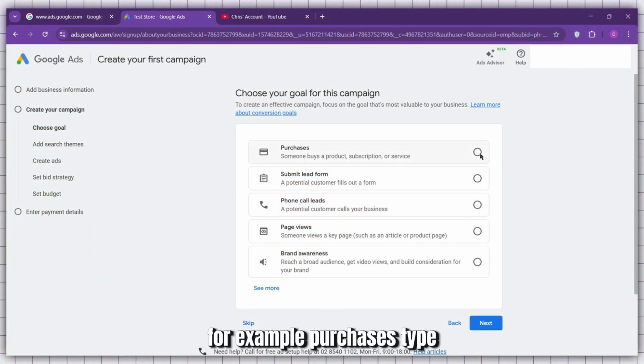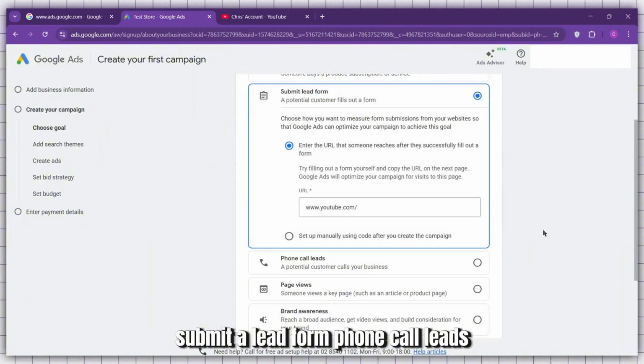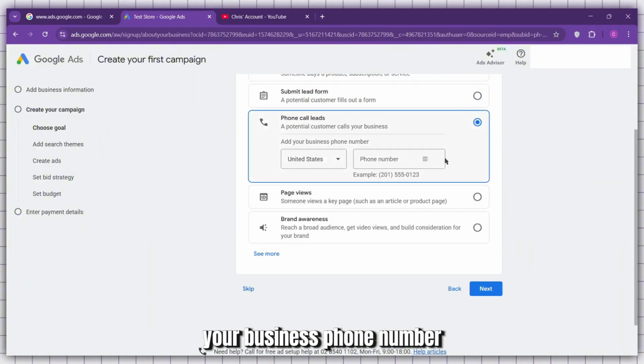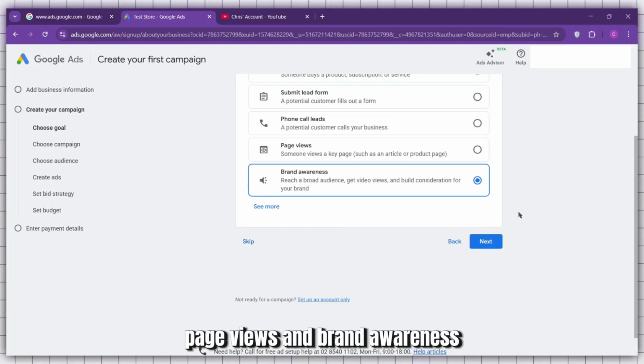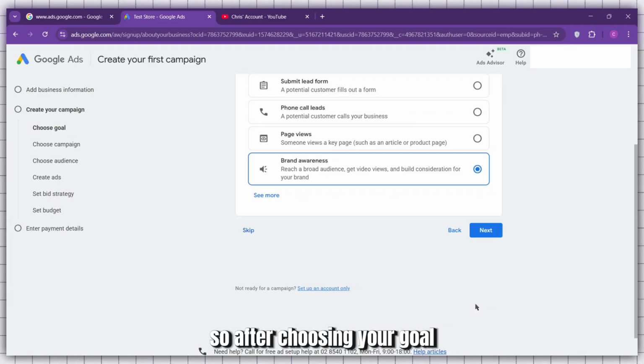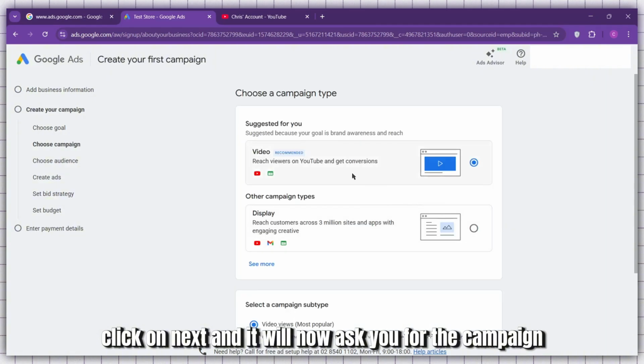For example, purchases. Type in the URL that someone reaches after completing your purchase. Submit a lead form, phone call leads, your business phone number, page views, and brand awareness. So after choosing your goal, click on next, and it will now ask you for the campaign type that you